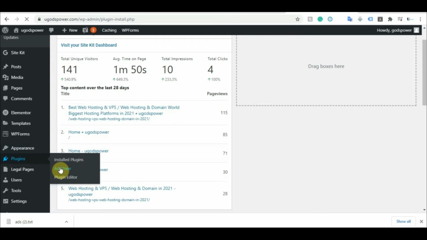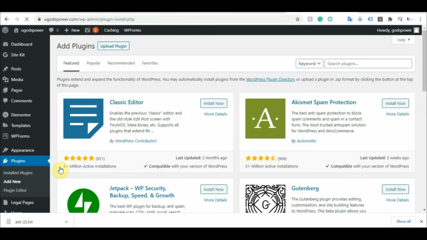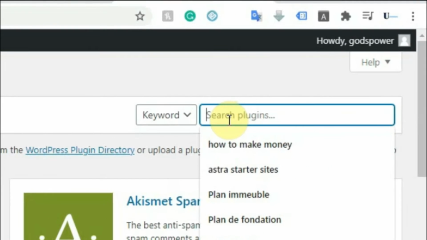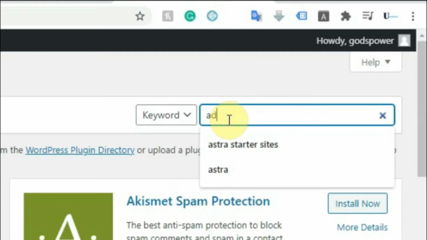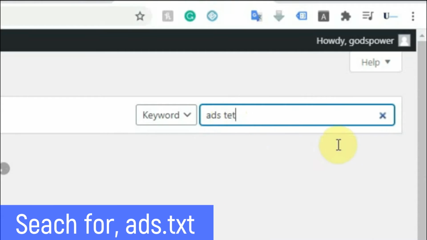Then we need to add a plugin that we can use to fix this problem. Search for this plugin. It's called Ads TXT, exactly like this.